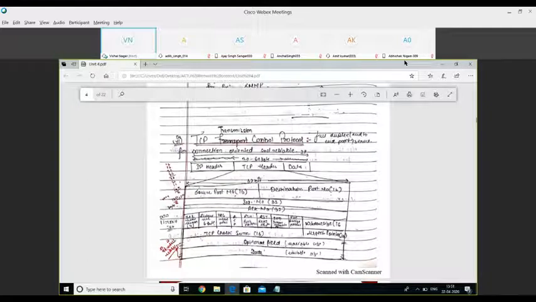Like in our mobile also, we have a reset facility. Reset the mobile and restore the factory settings. So reset means going back to the previous state. So if the reset flag is 1, it means that we have to go back and we have to restore the previous state.